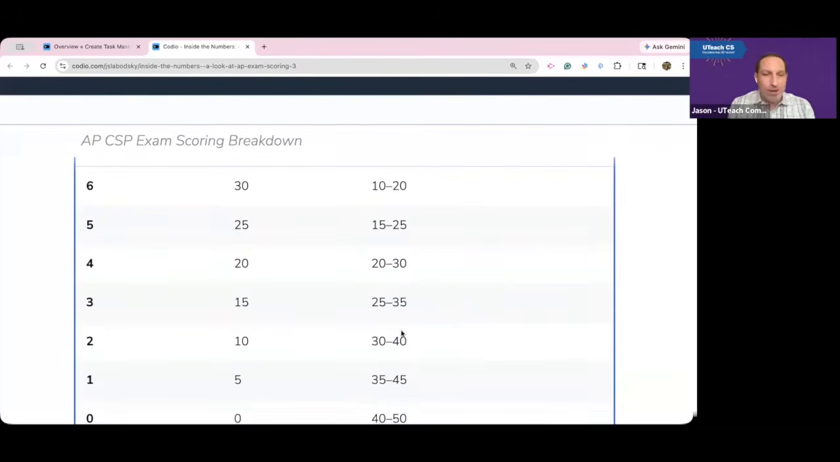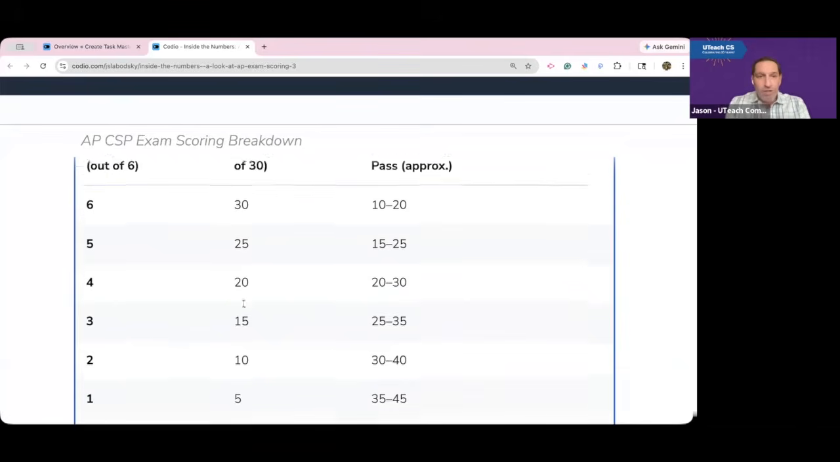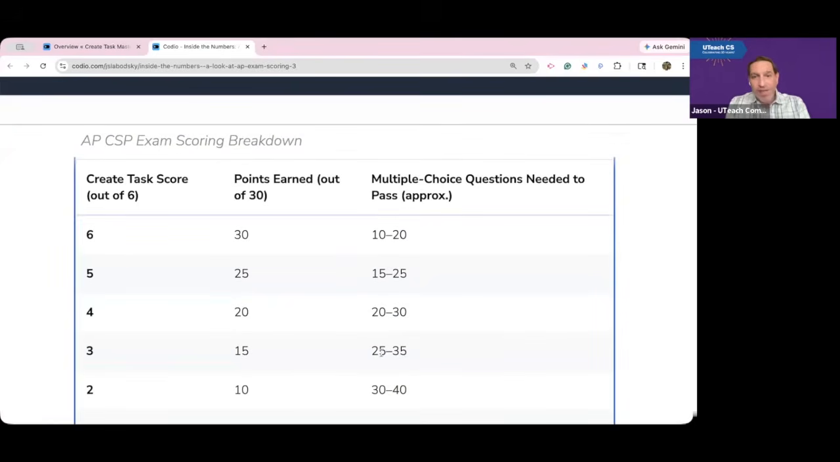So you can see right here, I always say your students should get at least a 3 out of 6 if you're doing your job in the classroom, because you just saw there are 3 easily attainable points for them to get: the video, what the program should have, and talking about the purpose and function. And if they can do that, they can get a 3, which means they get 15 out of the 30 points, which means when they go in for the multiple choice test, they have to get about 25 to 35